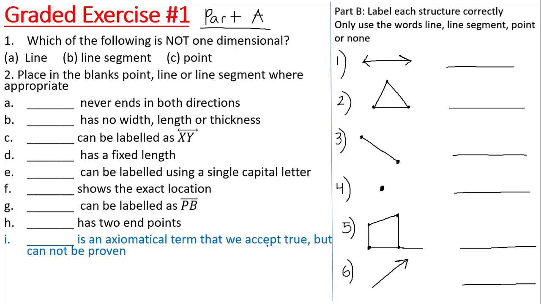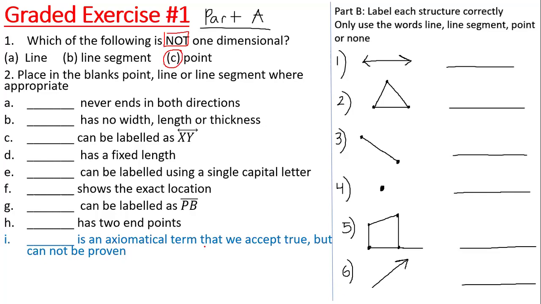Joab. All right, good. All right, cool. So let's do number 1 together. Go ahead, Brianna, read number 1 for me. Which of the following is not one-dimensional? What's the key word here? The keyword is not. What would you have for this one, Brianna? I have C, a point. What is the dimension of a point? 0 dimensions. Very good.